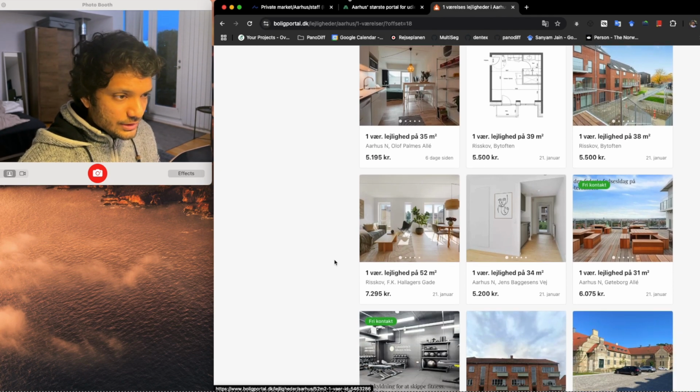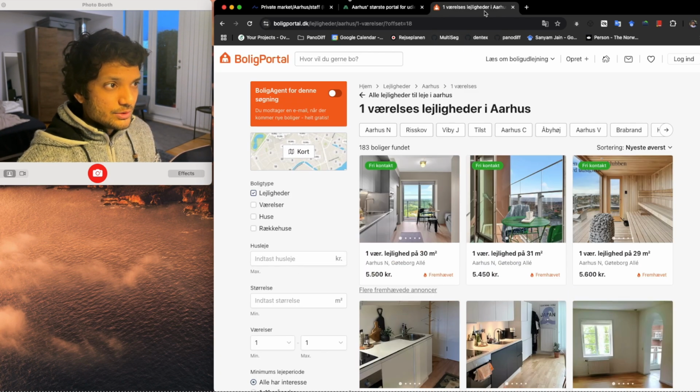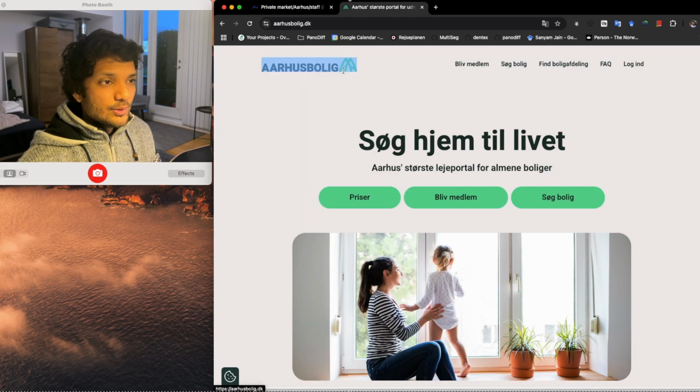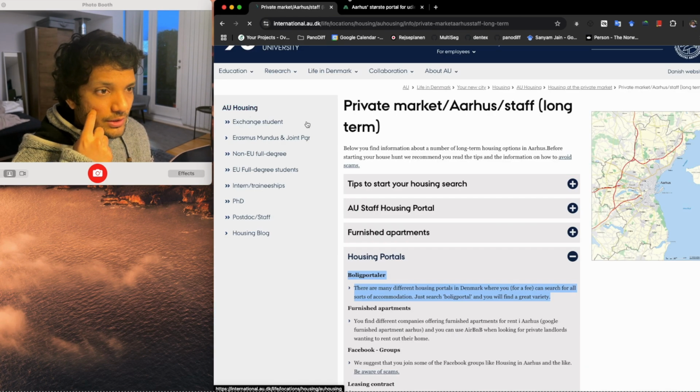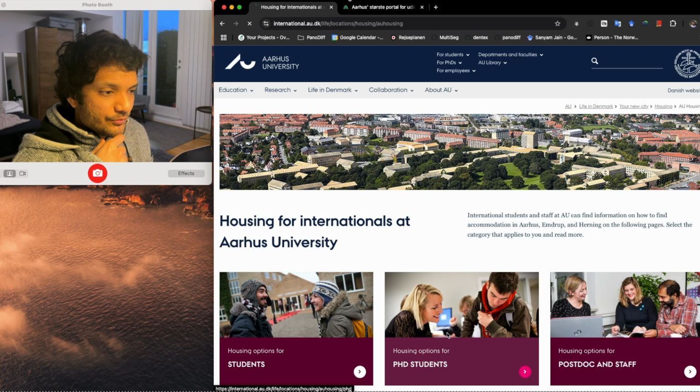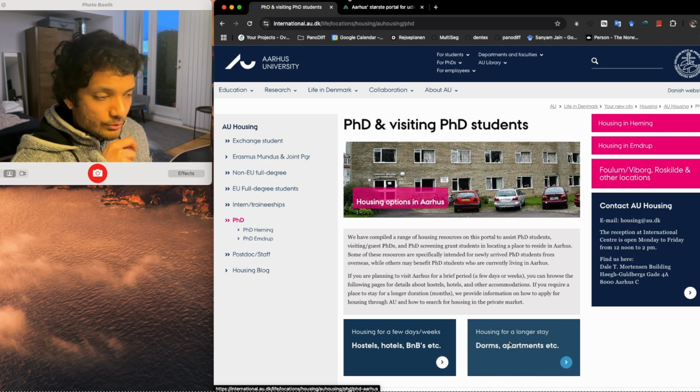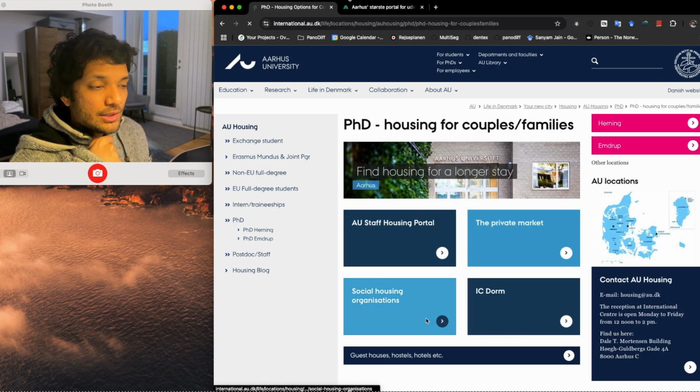Okay, coming back to the options, Aarhus Bolig is another option that you could look for. This is Aarhus Bolig. So we have seen staff housing, we have seen the international center dormitory housing, or the dormitories, one-person housing, and the AU staff housing, or basically AU housing. So if you see, there's one other thing. For example, for PhD students who are coming, who are staying longer, and who have couples and families,